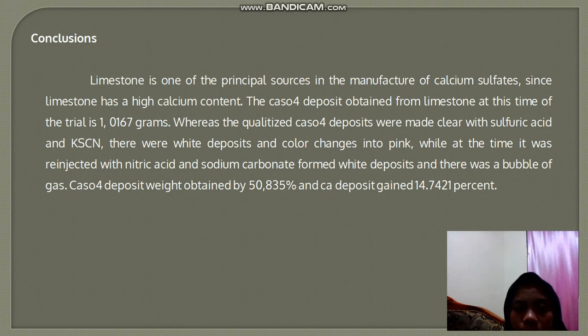CaSO4 deposit weight obtained 15.835% and Ca deposit gained